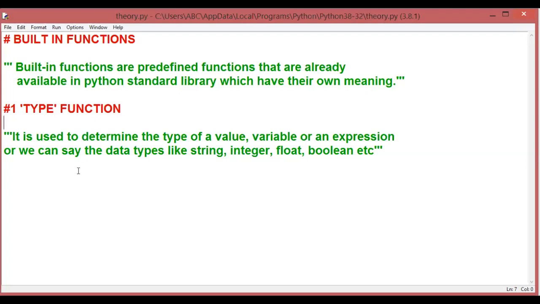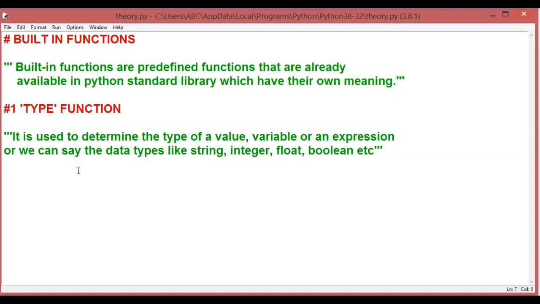Similarly, if I talk about Python, we used to write expressions, we used to write values, we used to declare variables and assign values to them. So everywhere we are using values. And we have learnt about data types also. Like if I'm writing any value, for example 10, so 10 is an integer value because this is a whole number. Similarly, a value with a fraction is known as the float data type. If I write a combination of characters, then that value is known as a string type of value. So there are multiple types of values and their data types.